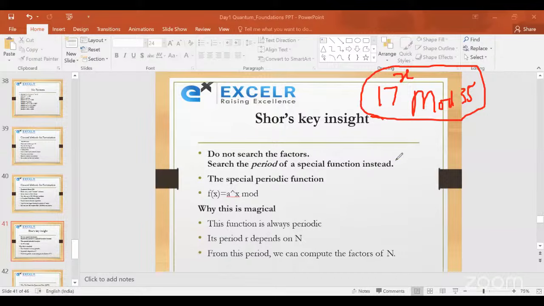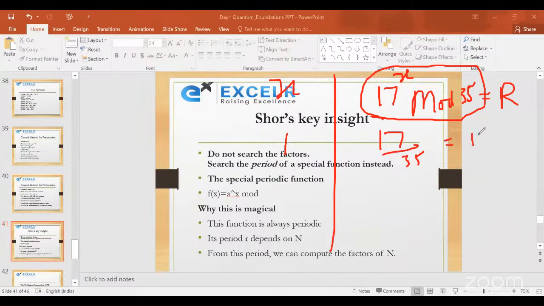Now everybody knows that suppose we are finding 17^x mod 35, the answer is a remainder. Suppose we are putting x to the power 1. Then 17 divided by 35. What remainder will we get? It is not divisible, so the remainder we are getting is 17. If we are putting x equal to 2,